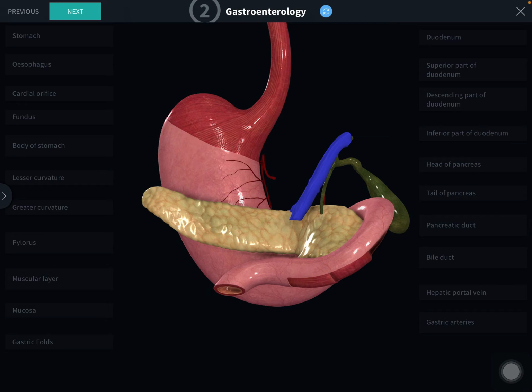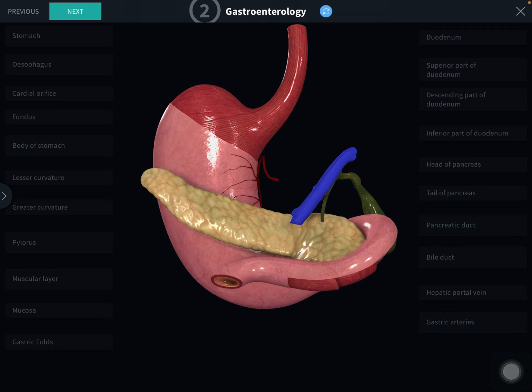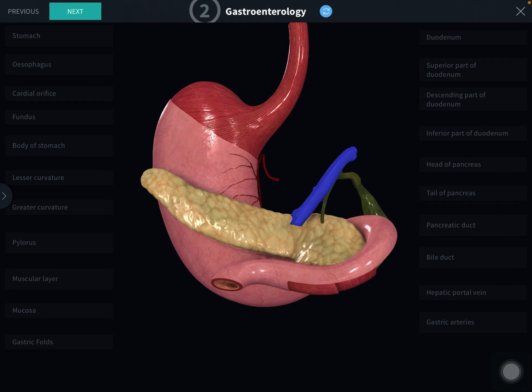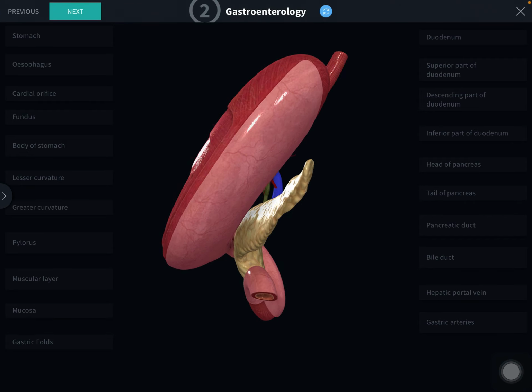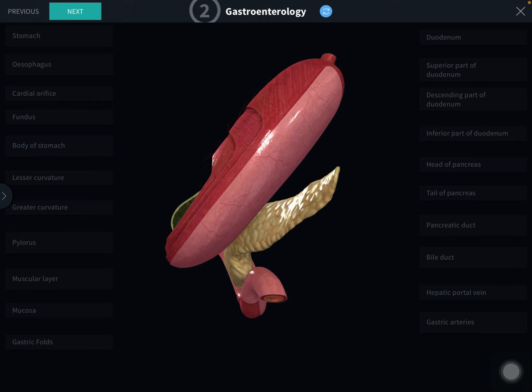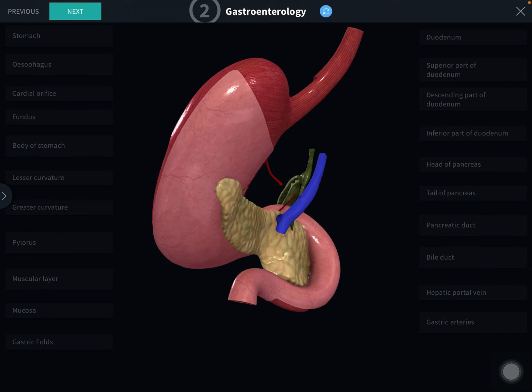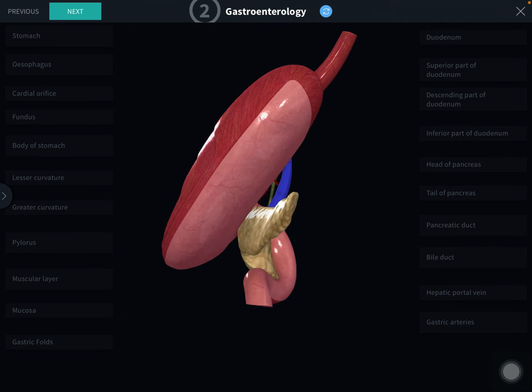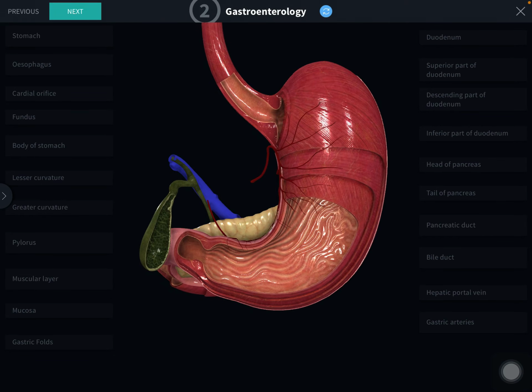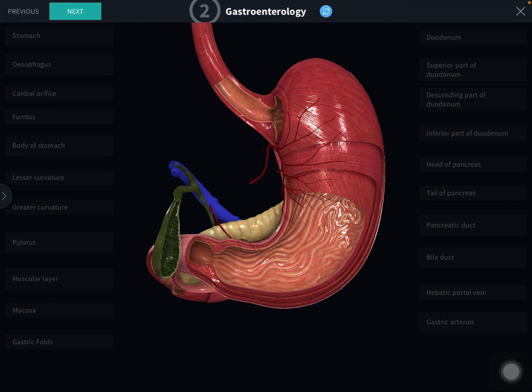Mainly, in this model you are seeing the anterior surface of the pancreas. So the stomach bed is related to the anterosuperior surface of the pancreas. That will be the stomach bed. You are seeing the gastric rugae. When the stomach is opened, you are able to see the gastric rugae in the interior of the stomach. So this is about the presenting parts of the stomach we have seen in detail.